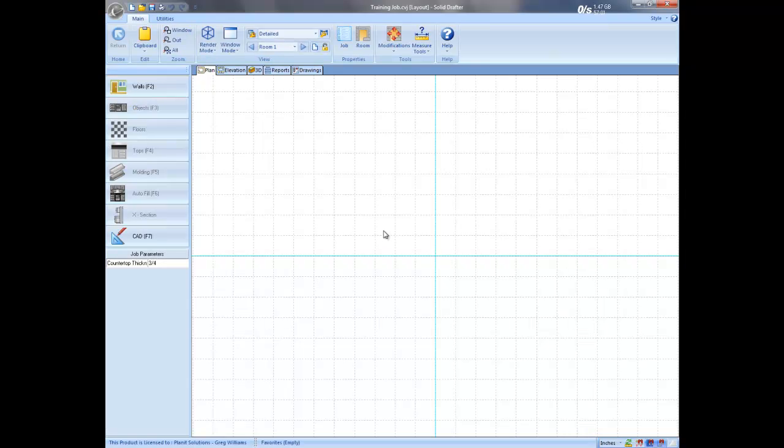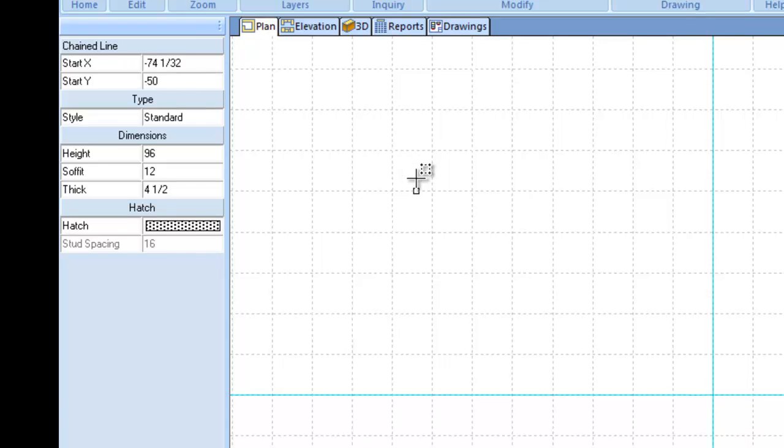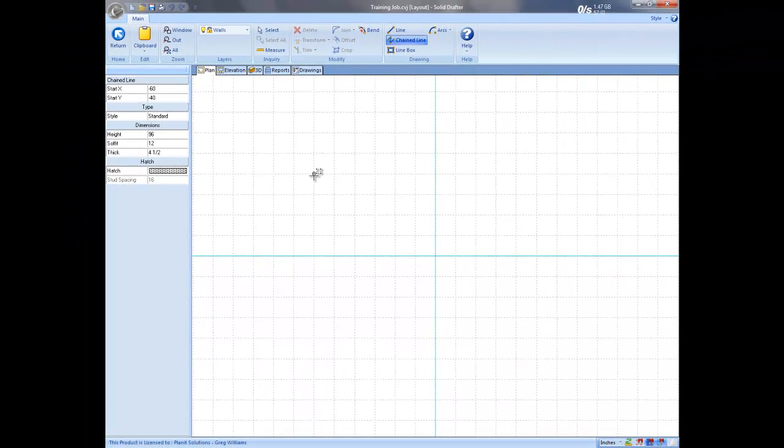To begin the design in a new job, you must first draw walls. Clicking the Walls button will make the Wall tool active, and the correct way to draw walls is in a clockwise motion, starting at the top of the design area and moving around in a circle, again clockwise, in the workspace. The easiest way to draw a wall is to click to begin the wall, move the mouse in the